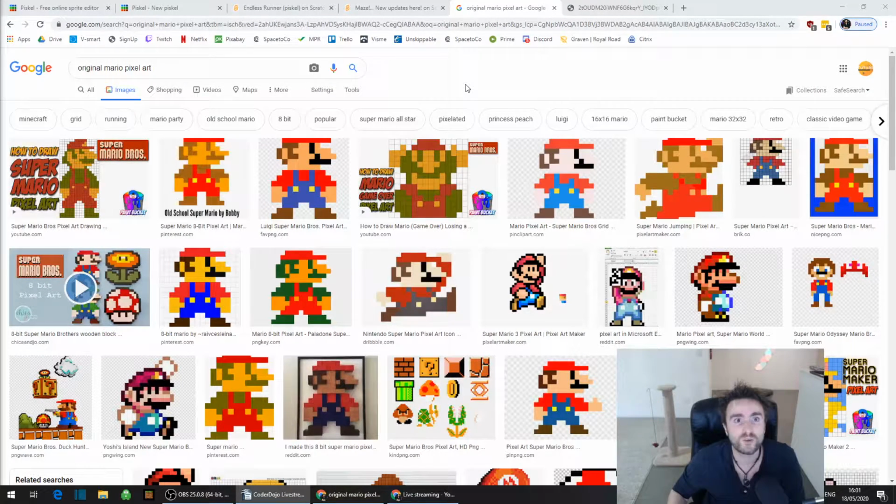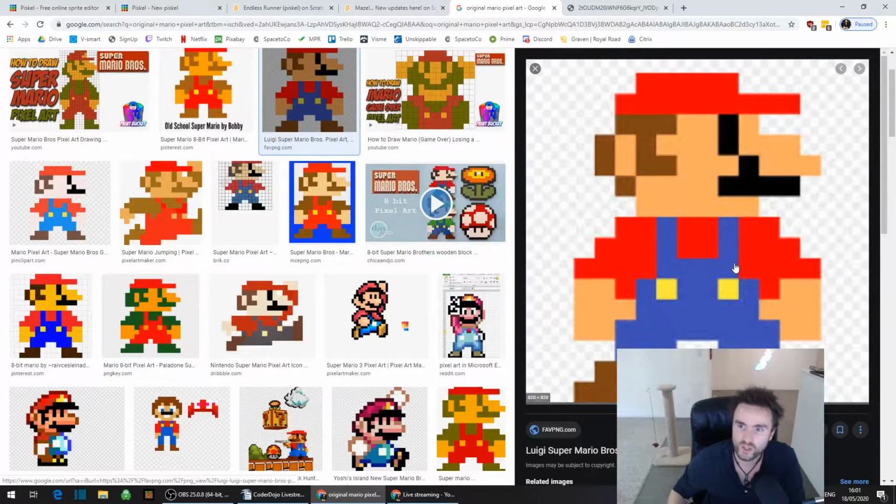So, what we're going to do is we're going to go through some stuff. So you guys probably recognize what's on my screen right now. We've got the original Mario sprite, which you can see is very pixely, and it looks very weird when you look at it up this close. It's only when you zoom out a bit that it looks better. This is an